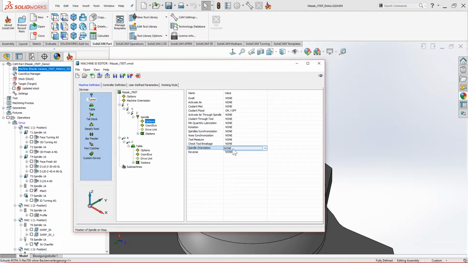Maybe here I'll put a very important parameter for the spindle, and in this case it's to allow the tool to be in reverse position. I'll show you this feature a little bit later, so just allow it. Okay,